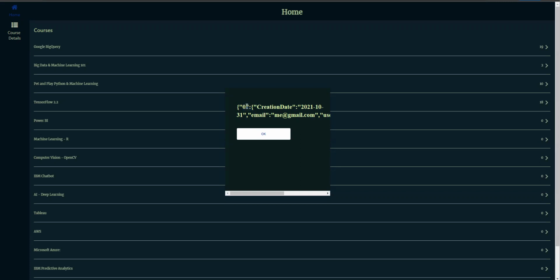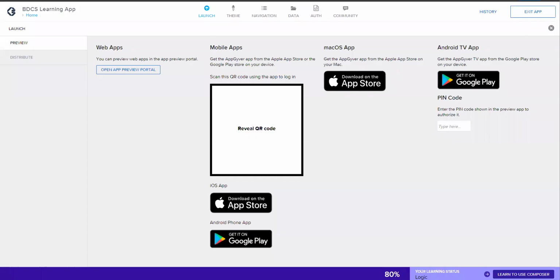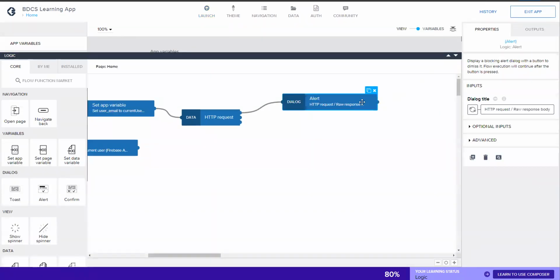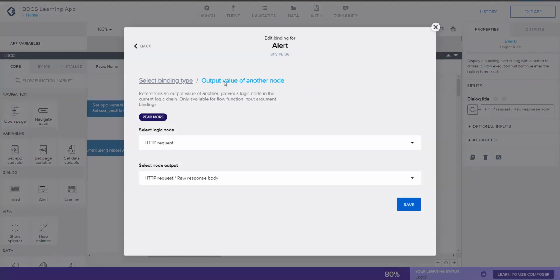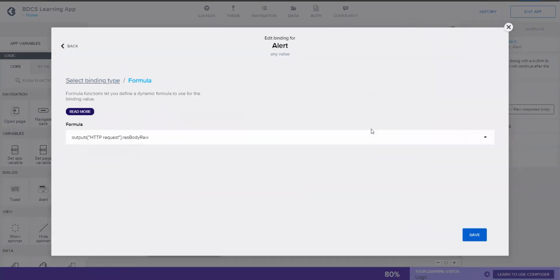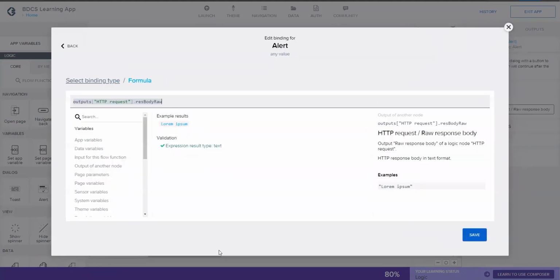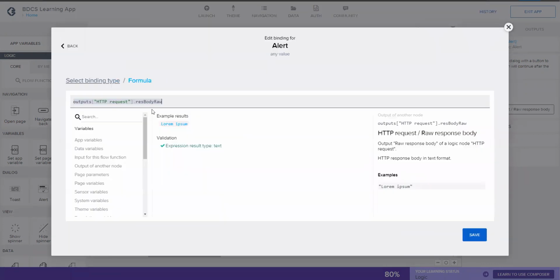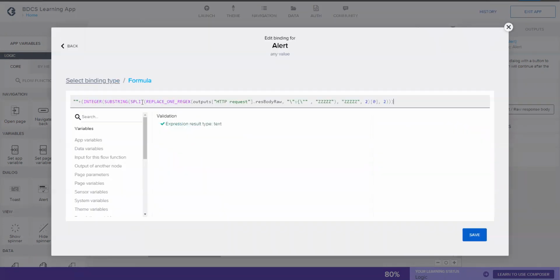So now I have written a function to substring this and get 0. My idea is to get the ID 0. So for this, I will go back in here, and in the alert itself, I'm not going to confuse you. In the alerts itself, rather than directly getting the output value of other node, I'm going to write a formula. And the formula is this. And I'm going to paste the formula as well as the join condition in the video description section below.